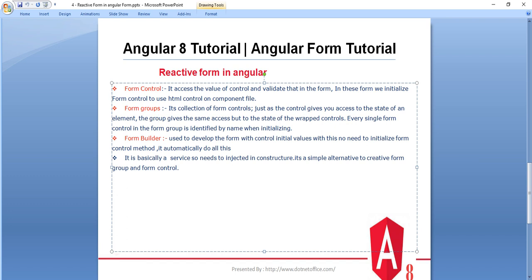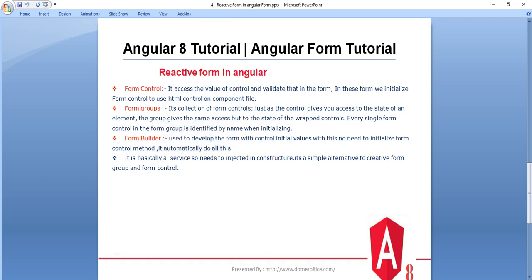But in the form builder, there is no need to initialize the forms. It automatically does all these things, and it is basically an alternative to create the form, instead of form control and form group. So let's understand this form builder using an example.